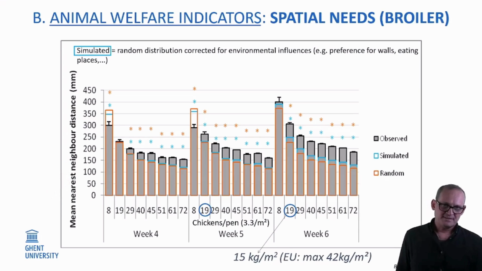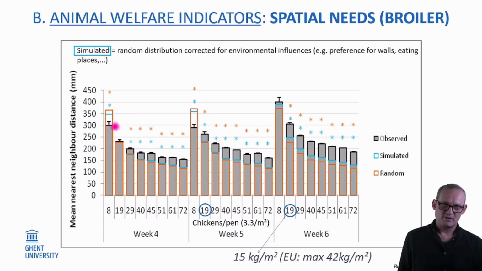We predicted that at very low stocking density, they would cluster together, so they would be closer to each other than predicted by chance. A random distribution, which is the chance distribution, is indicated in orange, and the observed distribution is indicated in black. As predicted, if the stocking density is very low, they are closer to each other